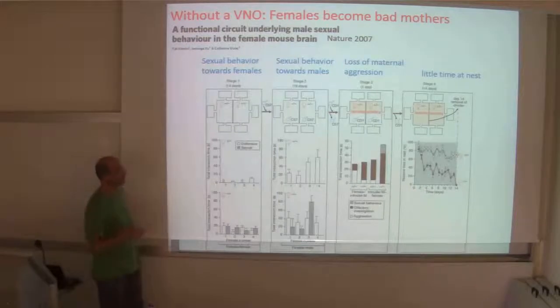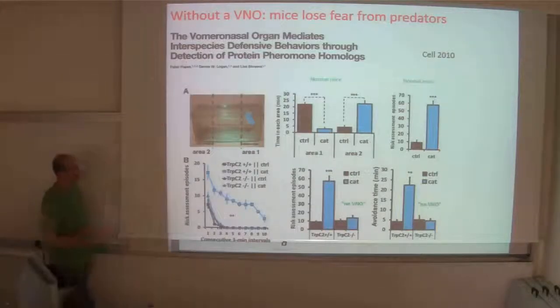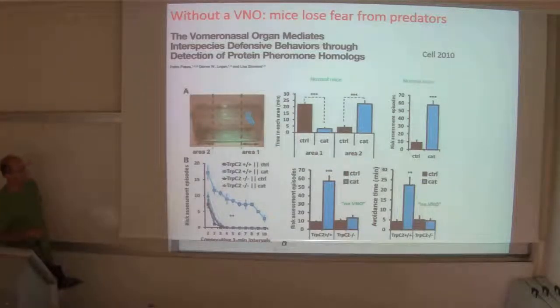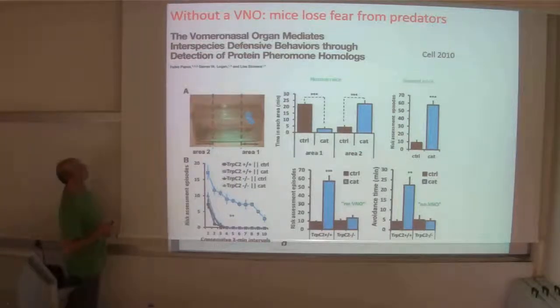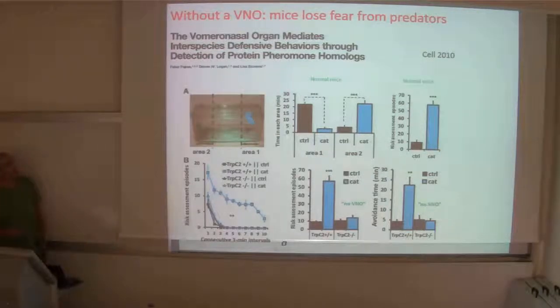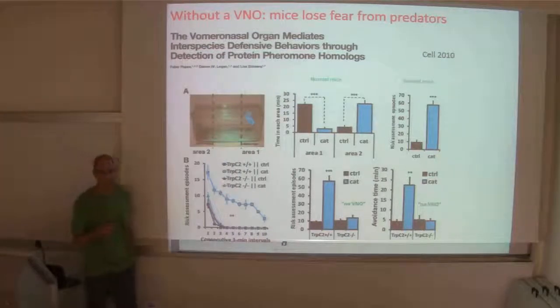So that's another finding, and I know I cannot go over all the different figures. These are just to show you a general survey of what can happen. Another thing, and this is clearly an important factor, is that mice lose, at least in some contexts, their fear of predators. And this is an experiment in which